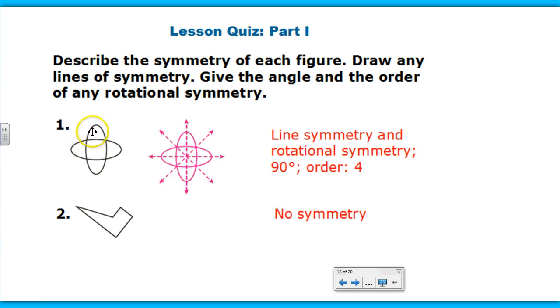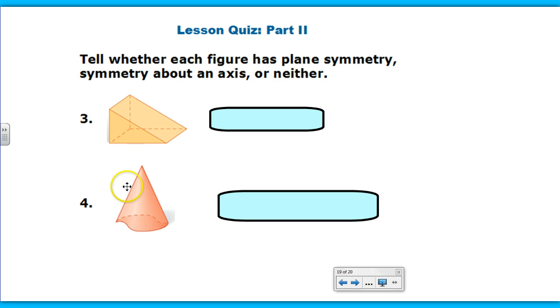Okay, we have line and rotational symmetry in this figure. And we have an angle of rotation of 90 degrees and an order of 4. There's no symmetry in number 2. Tell whether these figures have plane symmetry or symmetry about an axis or neither. And number 3,